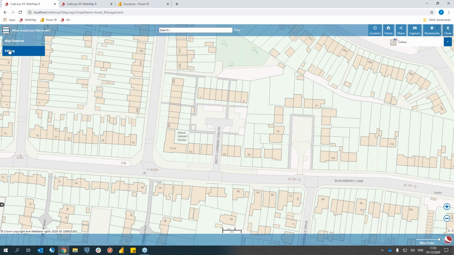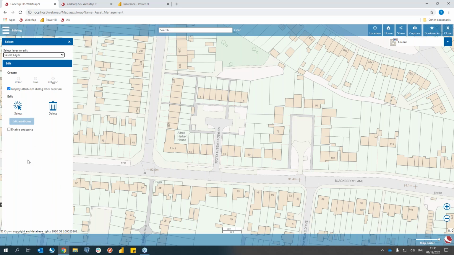Now the Edit application in Web Map gives you the capability to create and edit data in the web map. And this brings a number of advantages, such as being able to share the burden of data management to colleagues across your organization, because this really simple to use interface makes it really easy for colleagues to manage their own business data sets. Or for those colleagues who might have a desktop GIS license just for editing, they could be migrated to the web environment so that other power users can use the desktop licenses for other GIS tasks. Or you can simply just reinvest that saving from desktop licenses into this web environment where more users can benefit